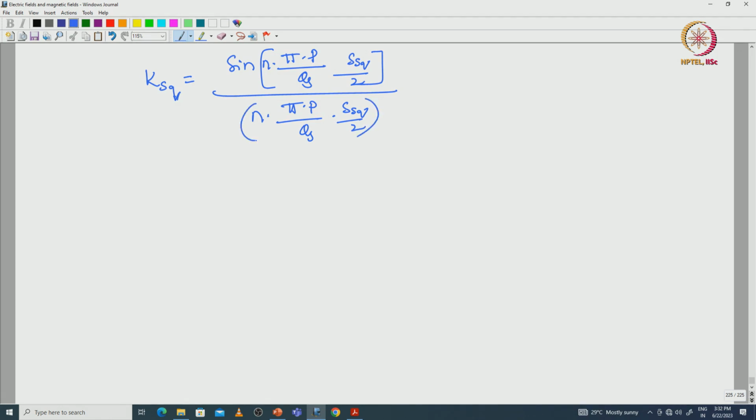This is the skewing factor equation. Here we will find the skewing factor for the first harmonic, or fundamental one. KSQ1 is equal to sine of 1, n equals 1, pi into number of poles 4 and slots equals 36, and how many slots we are skewing, SSQ equals 1,